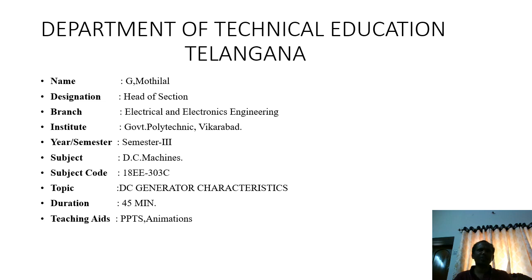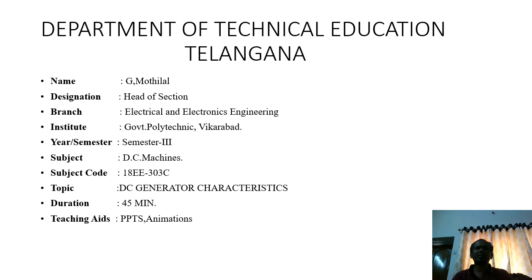And their equations we have derived, the circuit diagram also derived, and their working function also we have learned. But today we are going to learn about characteristics. What is the importance of characteristics? Why are we going to study characteristics of a DC generator? Why do we learn them?